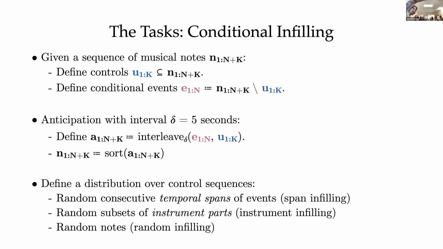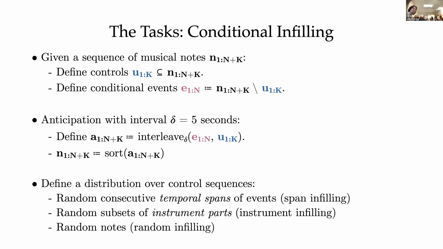And I need to define some tasks. In particular, I think the 2 interesting tasks to look at here are temporal infilling tasks and instrument conditioned tasks. The temporal infilling task is where the notes that I'm anticipating are at the end of some temporal span in time, and I'm trying to generate tokens that are consistent with some boundary at the other end of this span to fill in a missing span of music. Like I deleted a measure from the music and I want to fill in a new version of this measure.